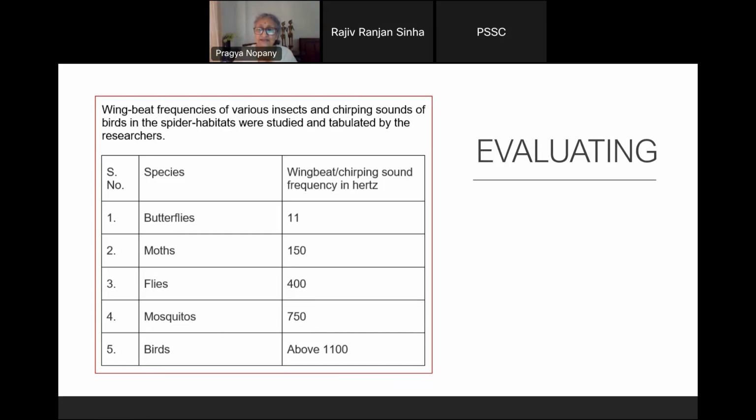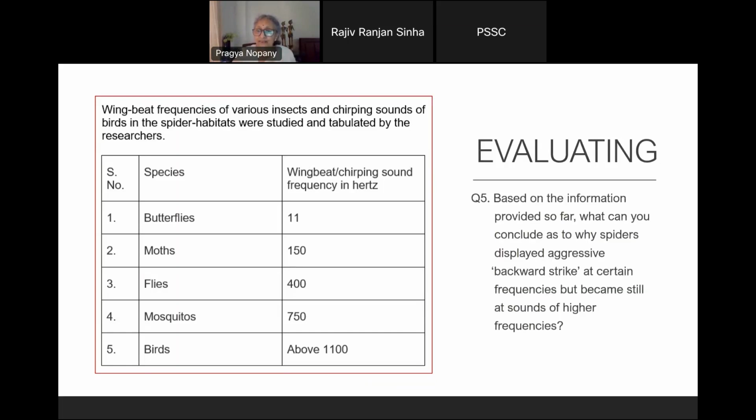Why were the spiders absolutely silent at 2300 and 4400? Write in the chat box. What does it tell us? Yes, because the birds eat these ogre-faced spiders. So ogre-faced spiders were absolutely not moving so that they are not discovered by the birds who eat them. So you see how scientists have solved the problem, how they have designed the experiment, how they have analyzed.